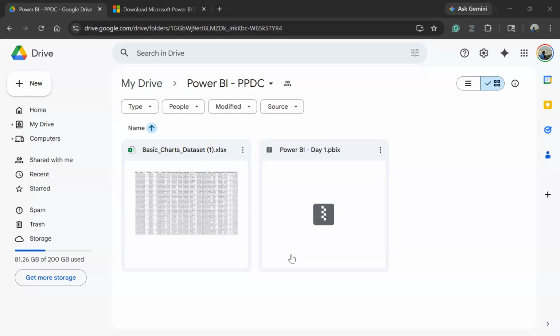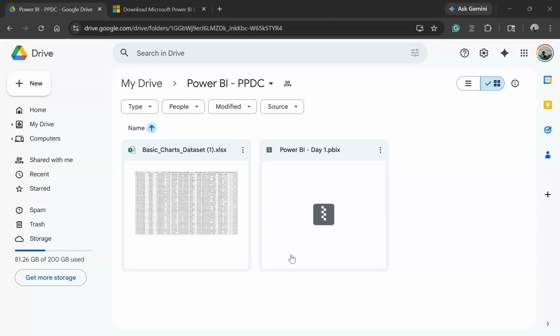Now, guys, let's proceed with the next kind of chart we have. Till now, let's recap the charts we have discussed. We discussed the charts in the first row, the column and bar charts, the clustered column and stacked column charts, and the differences between the clustered chart and the stacked chart. Then we discussed the line chart and the area chart. Similarly, we talked about the pie chart and the donut chart.